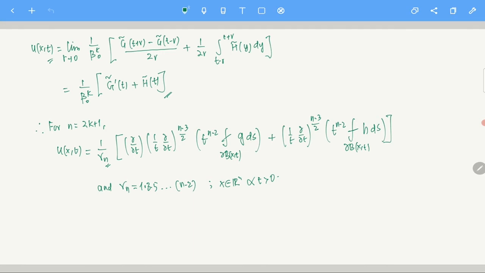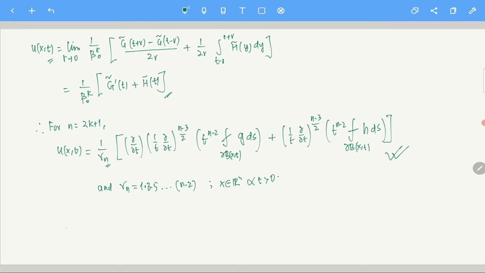Let me emphasize this. At least I myself, in any of my courses or examinations, am never going to ask you to remember this formula. This is just for your information, so that you know there is an explicit formula which looks like this. Whenever you need it, in practical purposes, you can always consult your book. The purpose of doing this is basically to let you know how this is derived. There is nothing special about it.